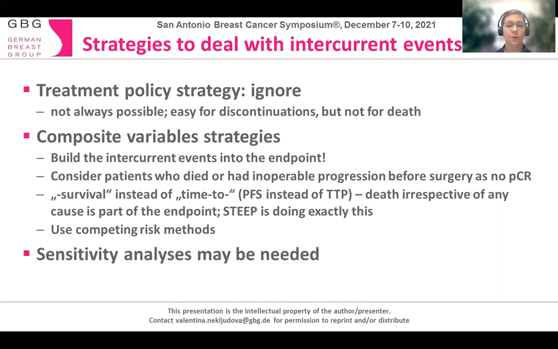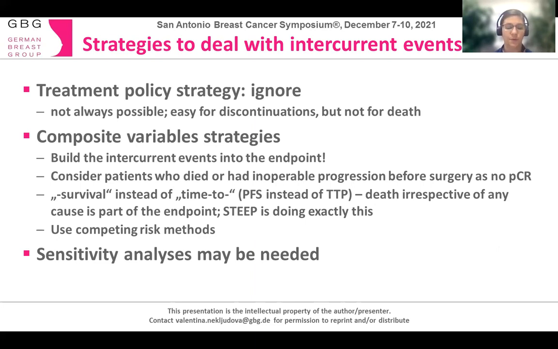The most important point here is that sensitivity analyses may be needed and are recommended in cases where there is no black or white best way. For example, including both IDFS and IBCFS in the trial would be a sensitivity analysis, and the STEEP update recommends to collect data for both and report both. You will have, of course, to define which one is your primary analysis, and the sensitivity analysis is supportive, but it is